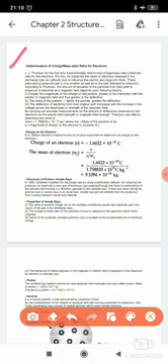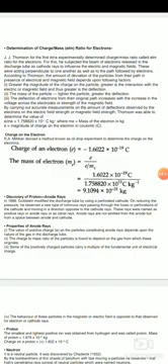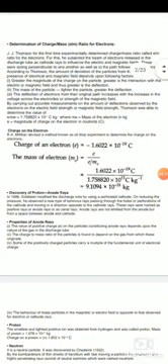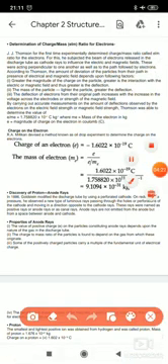Now he observed why the rays are deflecting when we are putting them into the electrical field. He observed some points. Now let's discuss these points. Experimentally he determined charge to mass ratio, that is e by m, for electrons. For this he subjected the beam of electrons released in the discharge tube as cathode rays to the influence of electrical and magnetic field. These were acting perpendicular to one another as well as to the path followed by the electrons.